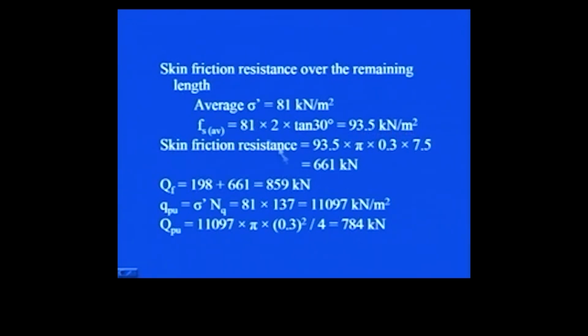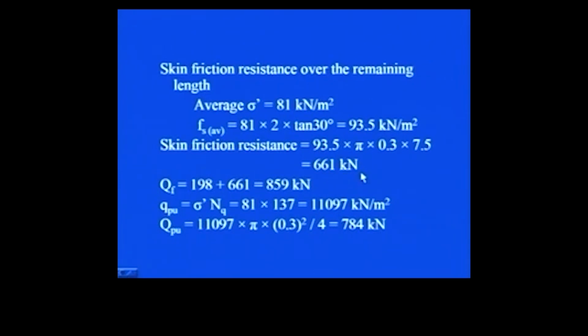Then in this case skin friction resistance over this length between 4.5 to 12 meter, this will become 93.5 into pi d L, L is in this case 7.5, that is remaining 4.5 we already have taken into account, and the remaining 7.5 meter will come here in this particular form, and this will result skin friction resistance of 661